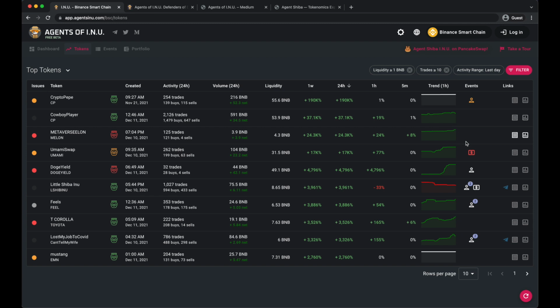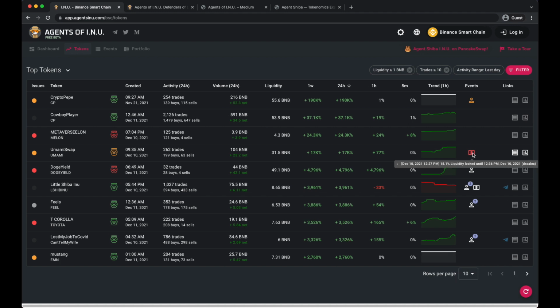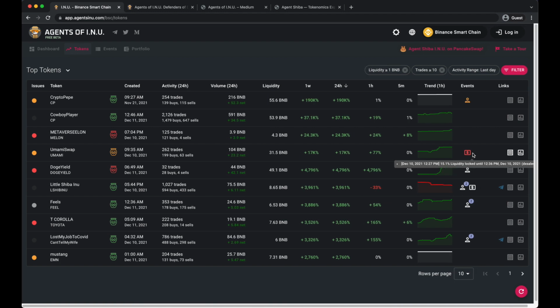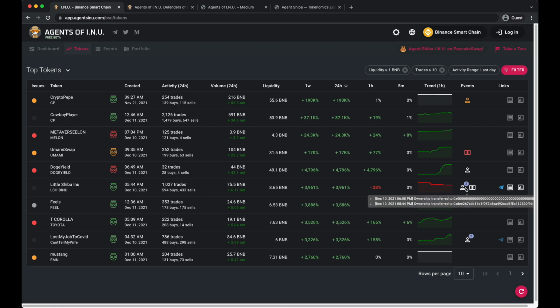And then we've got some events that I'm sure some of you would be used to in other tools. We show you ownership renounce events. We show you liquidity locks, along with the liquidity provider. So in this case, 15% liquidity with the X sales, and in this case, it's 100% liquidity lock until January 29th with deep lock, which is really useful to quickly validate the safety of a token, I guess. And also ownership transfer events. In this one, you can see that the ownership was renounced